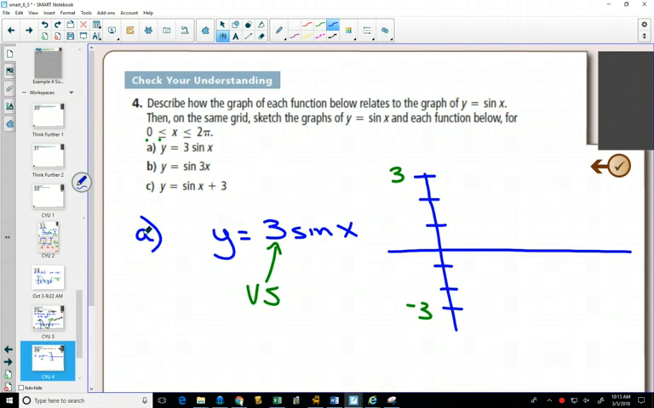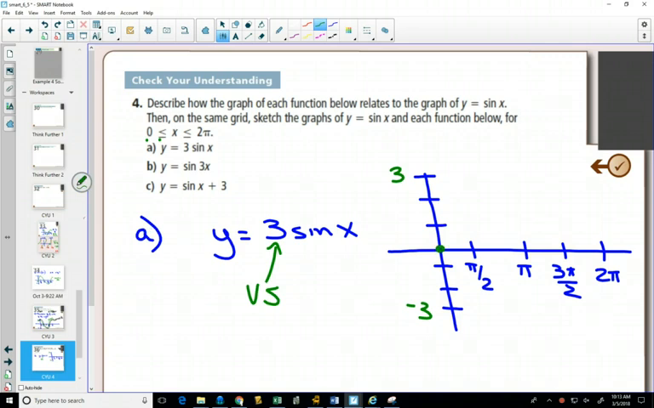And now we're going to go to a maximum of 3 and a minimum of -3. Remember that your amplitude is that measurement from the center line to your maximum or from your center line to your minimum. And so our period is 2 pi still. We still split this into 4 equal sections. Half of 2 pi is pi, half of pi is pi over 2, and 3 pi over 2. And from this,